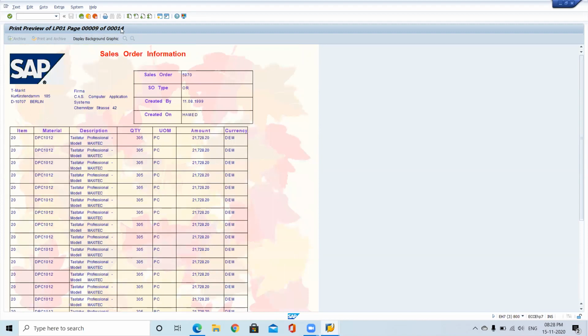So just come down here. Approved by is not there. Previously it was printing on each page. It's not there. Okay. Directly go to the 14th page. If you want to navigate directly to the 14th page, somewhere you will have an option. This one, the last page option. Directly it will jump to the 14th page. In the 14th page only it is printing. Previously it was printing on each page. We changed that. Clear?